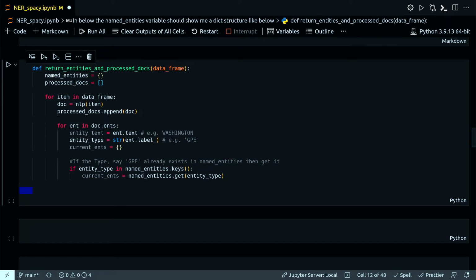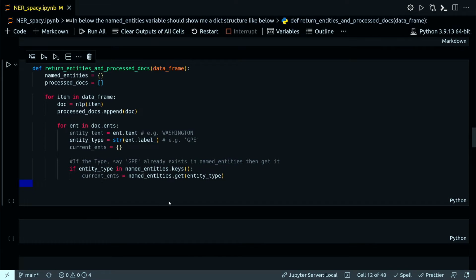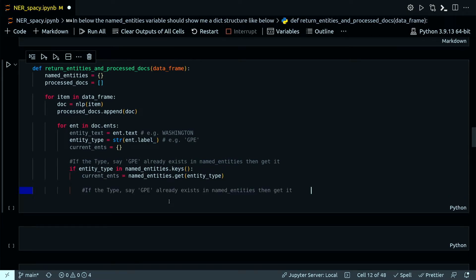And then increase the count, or the counter number, of the actual entity text. For example, here what I have is Washington, that is just one. If I had Republicans, that will have many counts of the Republicans text, so I have to increase this count after I find it. Sorry, here the